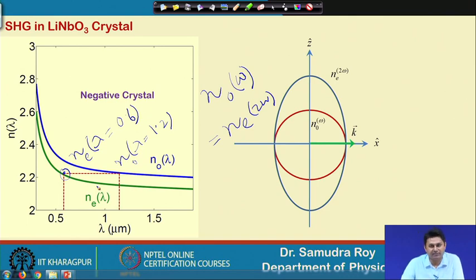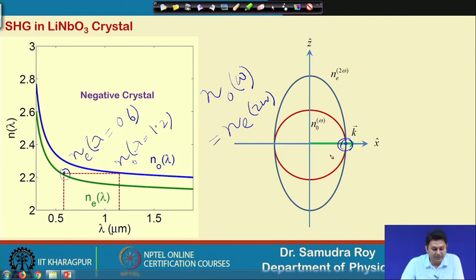which is a condition that one can achieve when the phase matching is critical in nature. That means the k vector is moving along the x direction, where these 2 points are coinciding. So, there is no theta dependency here. That is the direction where we should launch our light.